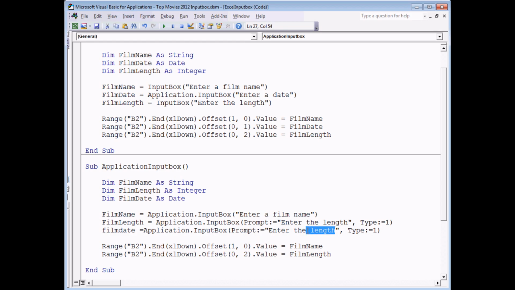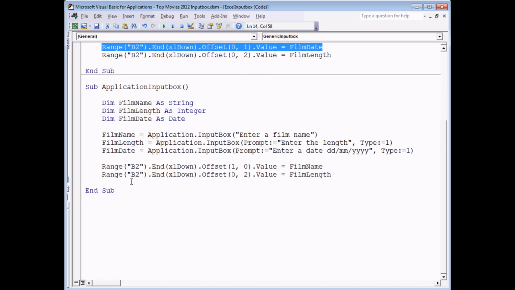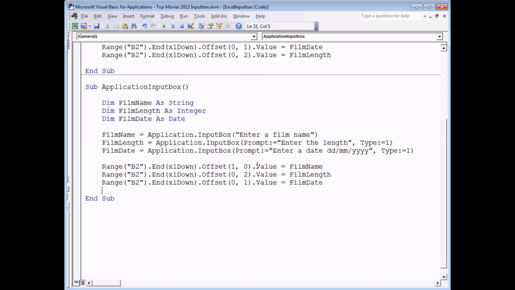I'm going to change the prompt to say enter a date. And I might put in a quick bit of information to help the user with what format. I'm going to say dd/mm/YYYY. So that helps to explain to the user what value to type in or how to type in the date. So again, I'm just going to copy the line from the previous routine, which will populate the correct cell. And then let's run the subroutine